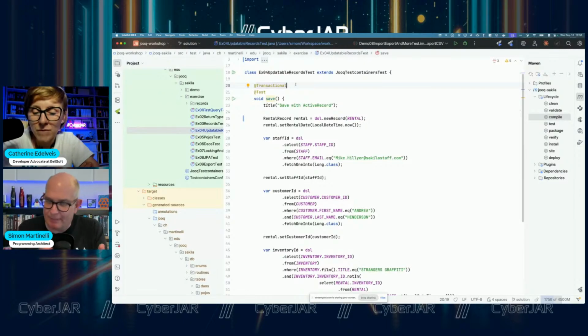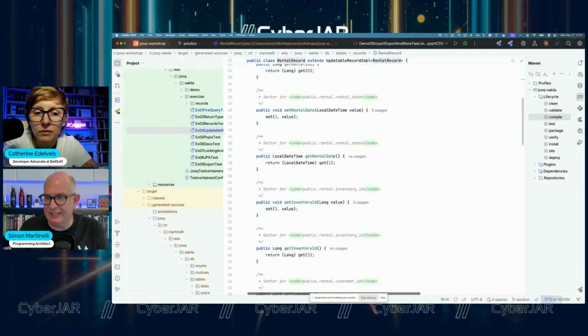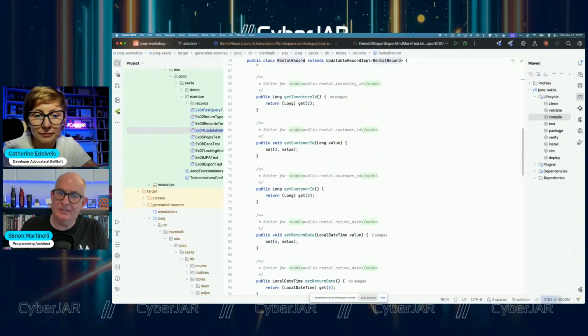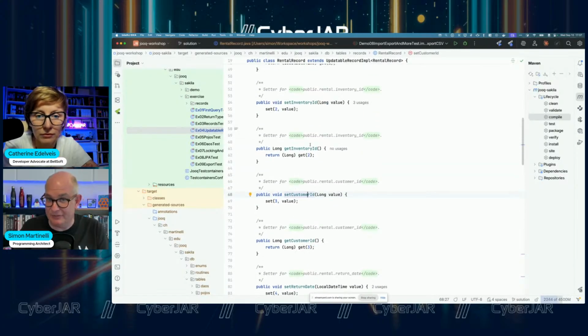Mapping is done to a degree, but what we don't have, compared with JPA for example, is mapping of the relationships. The record here has really only the columns that belong to that table, which means it also has all the foreign keys. So the customer ID and the inventory ID are the foreign keys to the other tables. With JPA, you would probably map the inventory as an entity, right? You would do a many-to-one mapping to the customer and a many-to-one mapping to inventory. jOOQ doesn't do that.